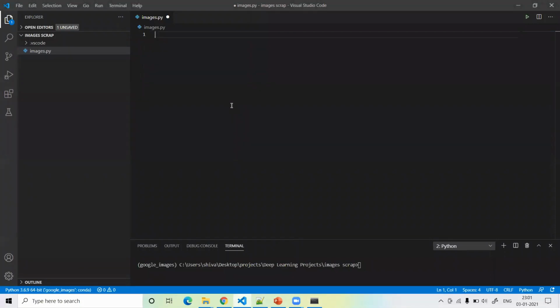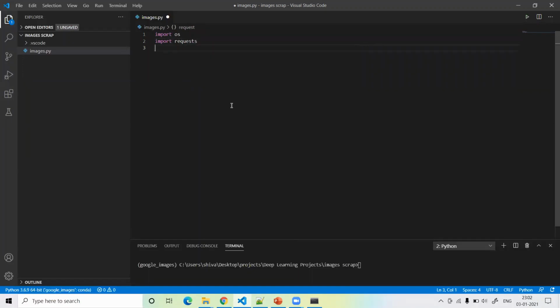First of all, we have to import os. After that, we have to import requests. If you have not installed requests and Beautiful Soup, then first of all install Beautiful Soup and requests, guys. I already installed them, so I just imported requests.